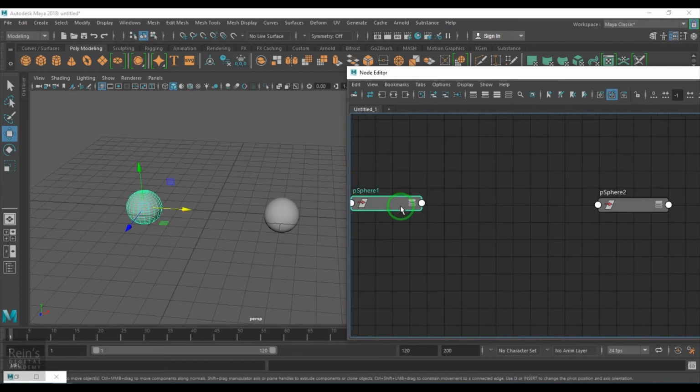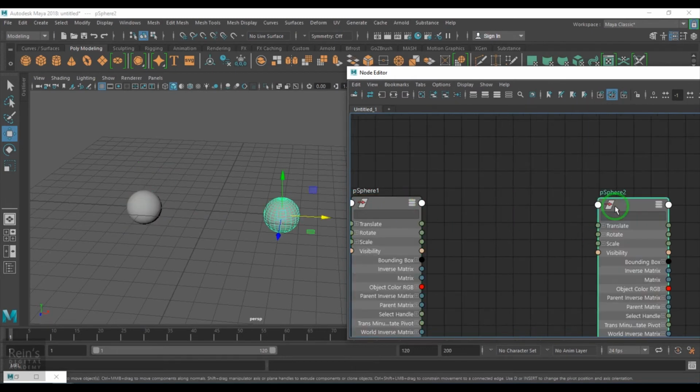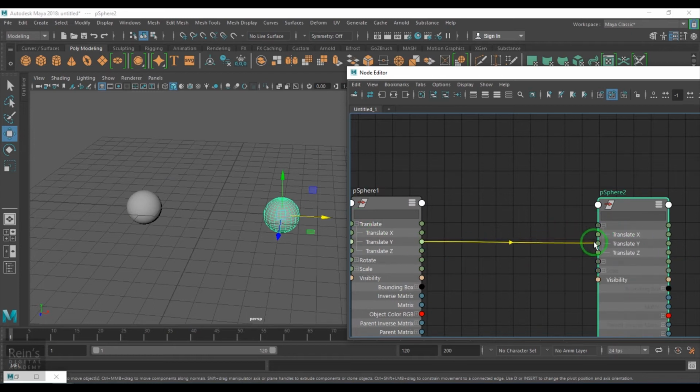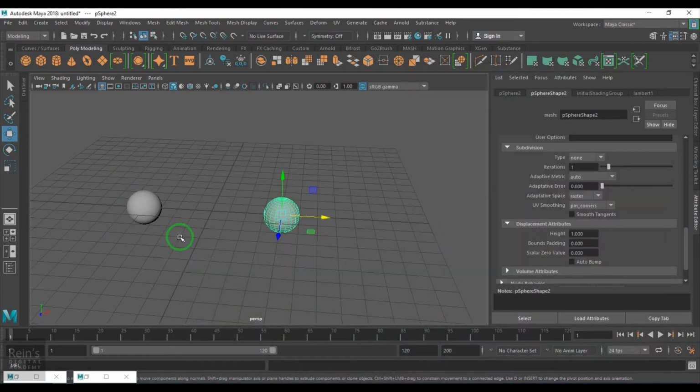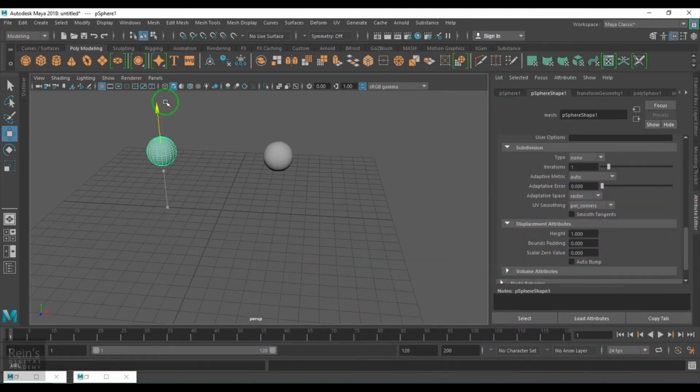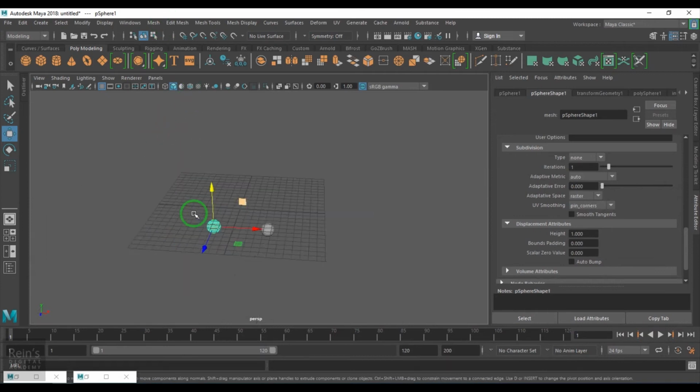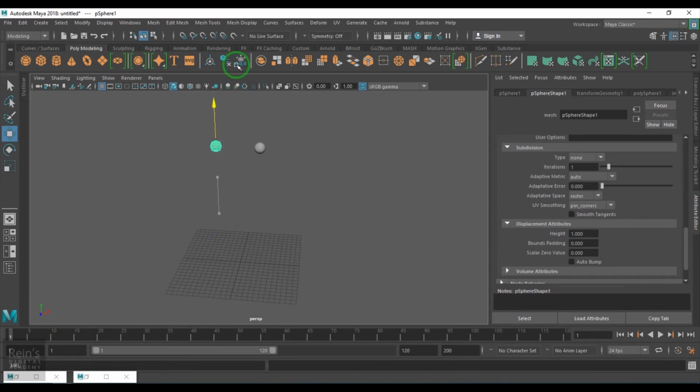I press 3 on the keyboard by selecting the node and expand it, and then connect translate Y to translate Y. When I move sphere 1, sphere 2 will follow it, only in translate Y, and it takes the value as much as sphere 1 is moving.